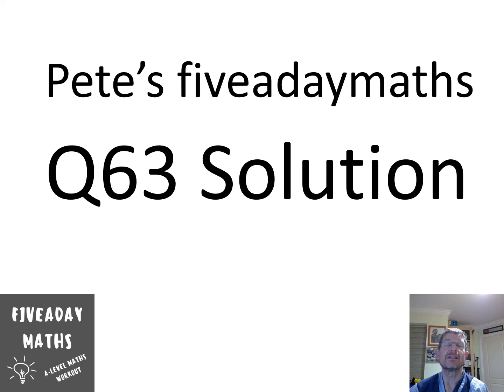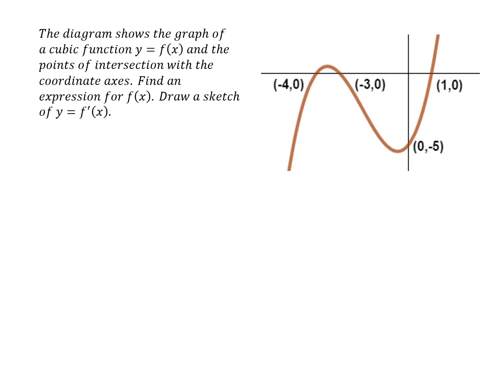So question 63, a bit of fun with a function. Any cubic function which passes through these 3 points is going to have x plus 4, x plus 3 and x minus 1 as factors, as so. But this